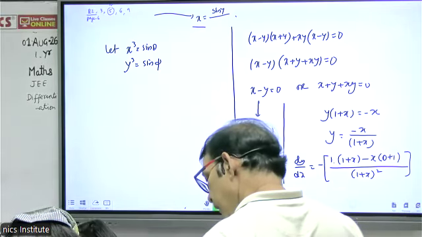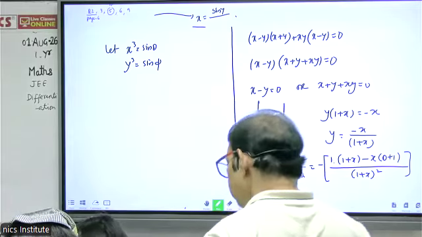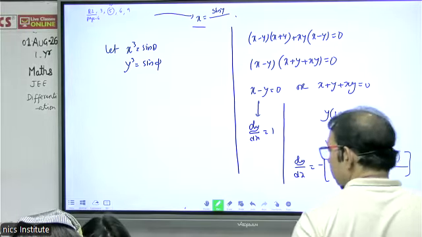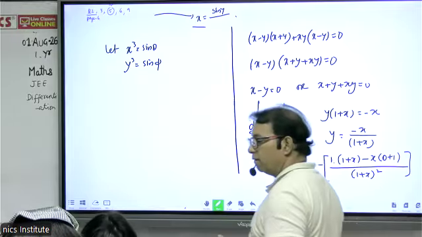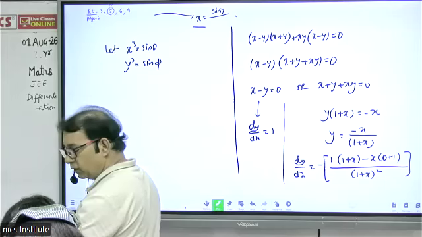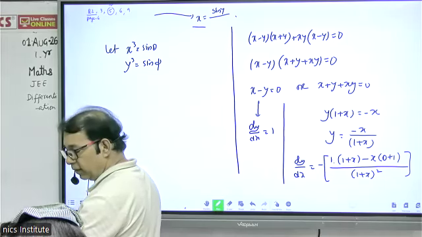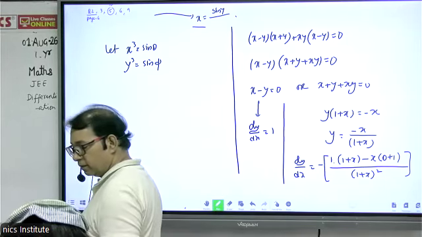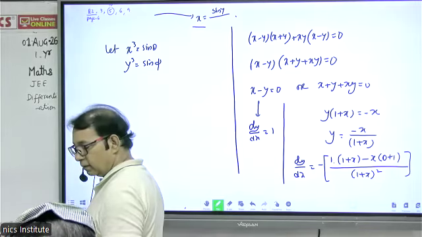This is sine a minus b. No, we are finding dy by dx. We are differentiating with respect to x. So dy by dx of both the sides will be 1. d by dx of x, which is 1. Now,